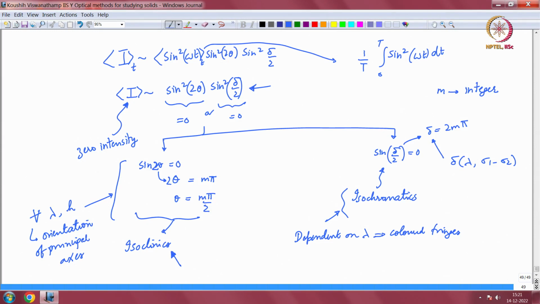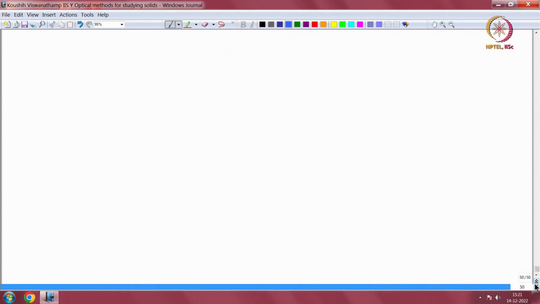And notice also that the delta, as we mentioned, depends on the wavelength. So, typically if you use white light, the isochromatics you can see them as colored fringes, and the isoclinics are always black, right, because they do not depend on wavelength. Okay. So, now let us continue from here, and let us go about this business of actually identifying